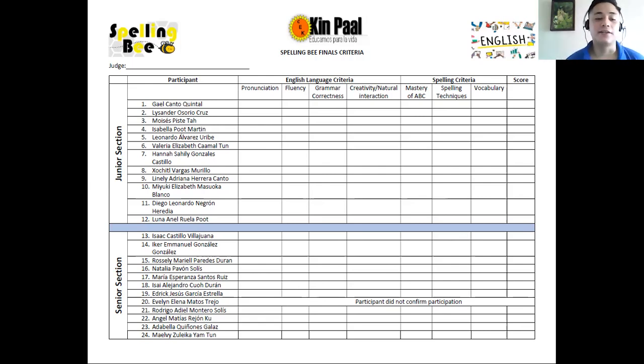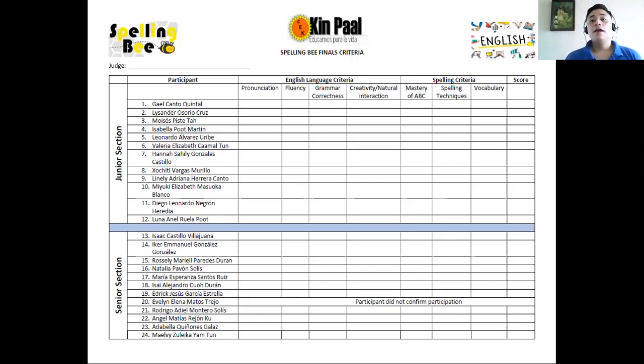Vocabulary, so spelling techniques. The technique in spelling is like opening the word, spelling, and closing the word. Just like hat, hat, hat: presenting, spelling, and concluding their performance while presenting the word for the last time. And vocabulary, as I had mentioned before, all participants have been given two word lists. That is with the purpose of integrating the vocabulary that all of them will be using during this final section